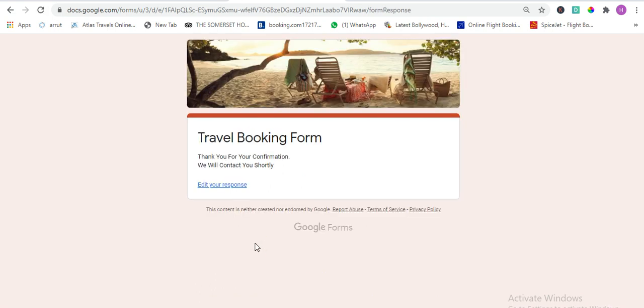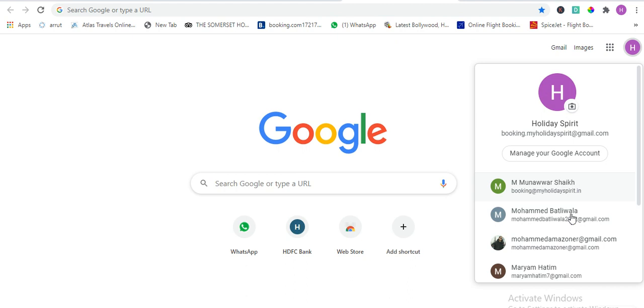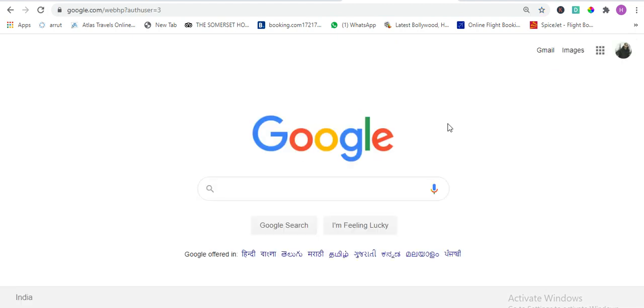So here I get a response from Google. Thank you for your confirmation. We will contact you shortly. And you see this edit your response link, which means if I have made any mistake in the form, I can rectify it. So now I'm going to open my email address over here, and check if I have received any email.